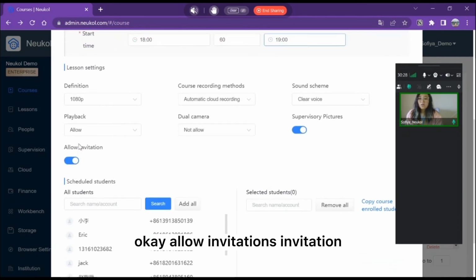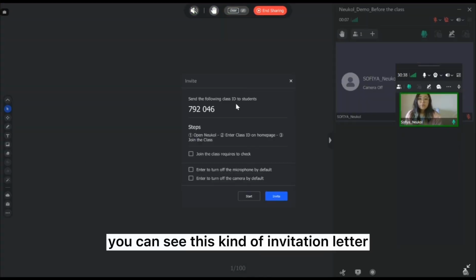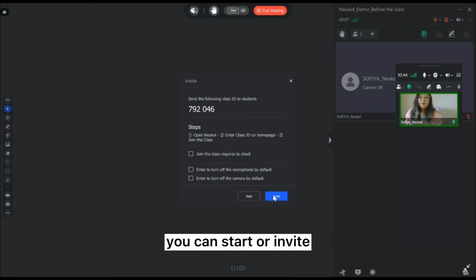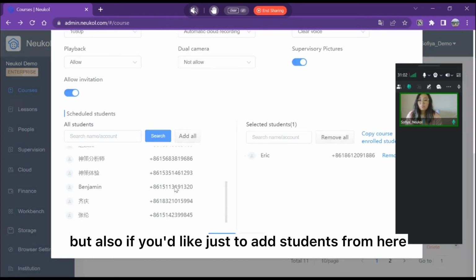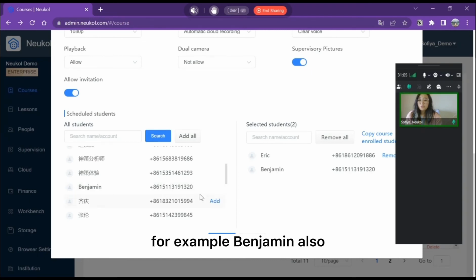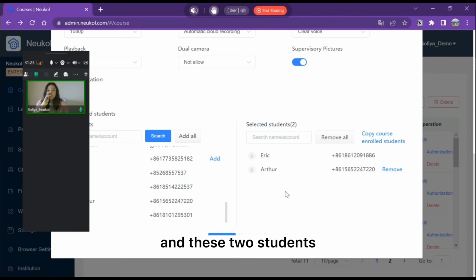Allow invitations. Invitation. What does it mean? For example, when you enter the class, you can see this kind of invitation letter. You can start or invite. If you click invite, this class ID will be copied, so you can just send this class ID to your students. But also, if you'd like to add students from here, for example, Benjamin, I can also remove or add. I have two students,